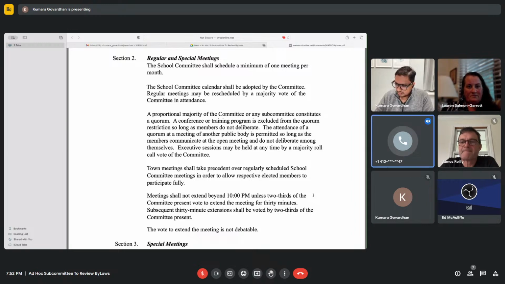Yeah, if we strike it, we've got to make sure we need something that guides the length of the meetings. And I don't care if we say the chair can decide the length of the meeting. He can keep us overnight if he wants, she or she wants. But I think we need something that.